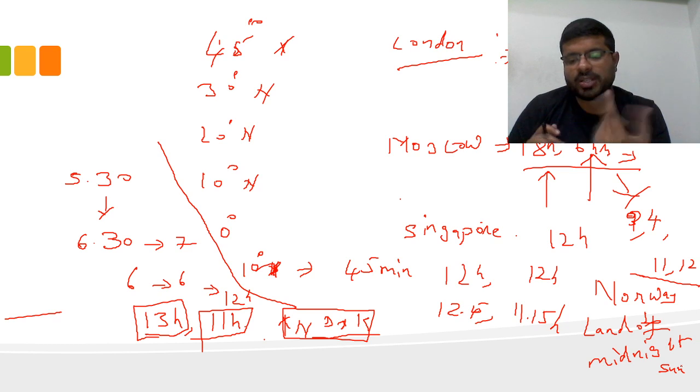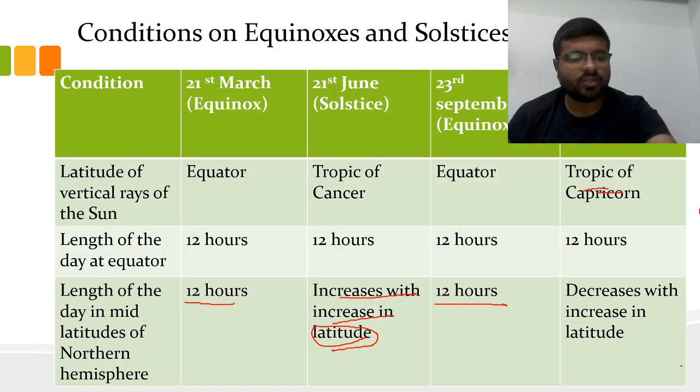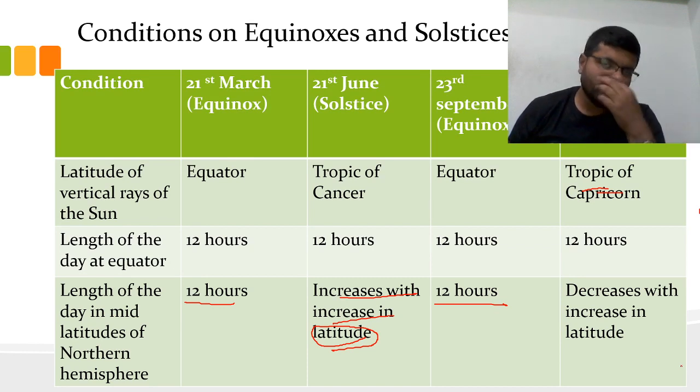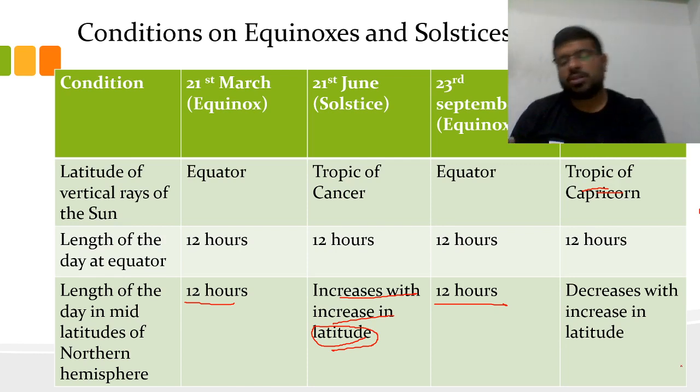So as the latitude increases, the length of the day also will vary. Beyond 66 degrees, what happens? It will be 24 hours of day. That's why it is called length of the day in mid latitudes. Mid means middle latitudes, anything beyond 10 and less than 60. Around 10 to 60 we can call mid latitude, usually around 40. So, what you do,